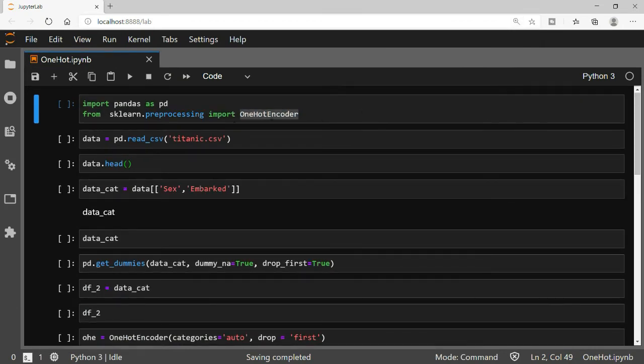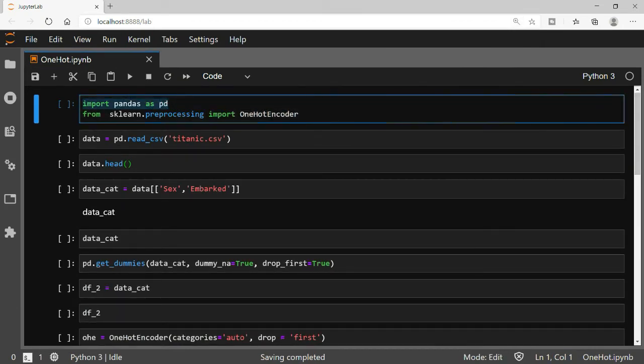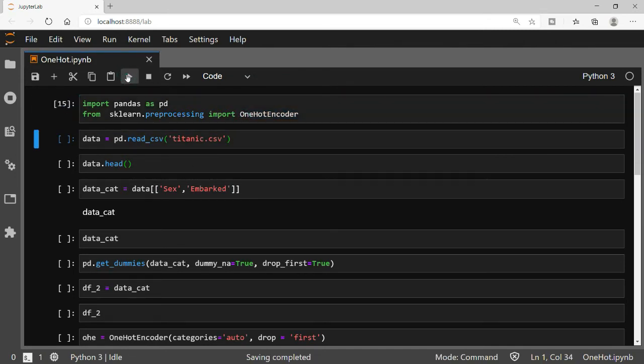From pandas, I have imported pandas as pd, and from scikit-learn.preprocessing, you can import OneHotEncoder. OneHotEncoder is basically the package which we use to encode our data. For the demonstration, let me run this cell first. I have run it, and for the demonstration I have imported my Titanic file.